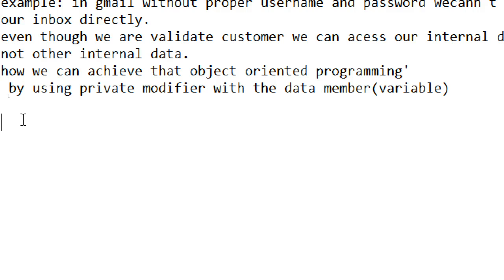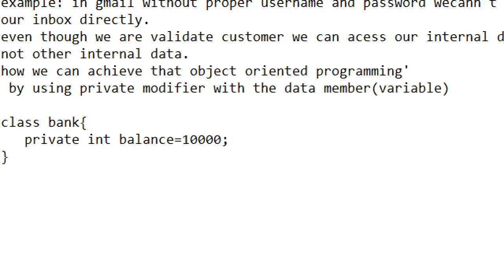Okay, I take one example. The class Test, in that I declare a private variable, int balance, on that variable our balance is there, let's say 10,000, and there is one public function named getBalance.